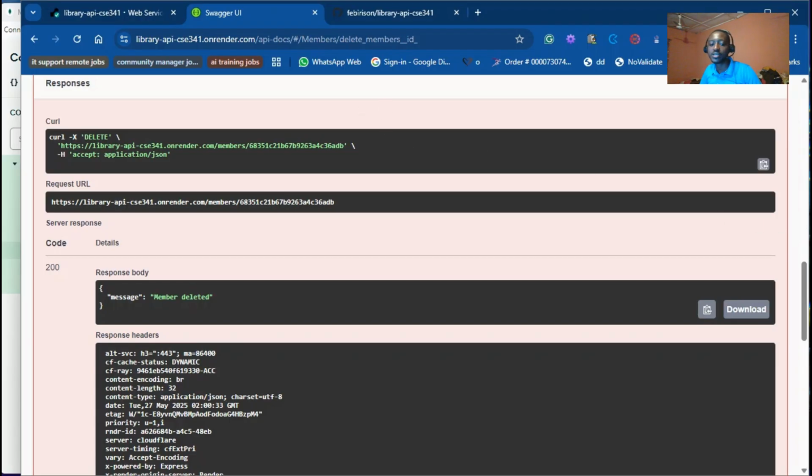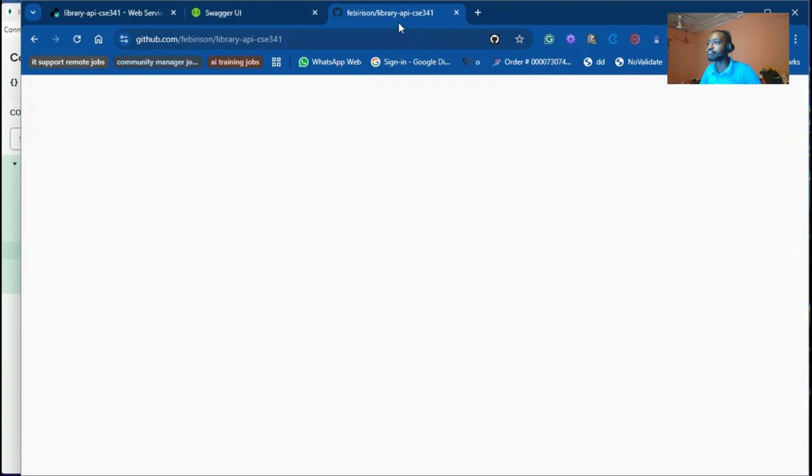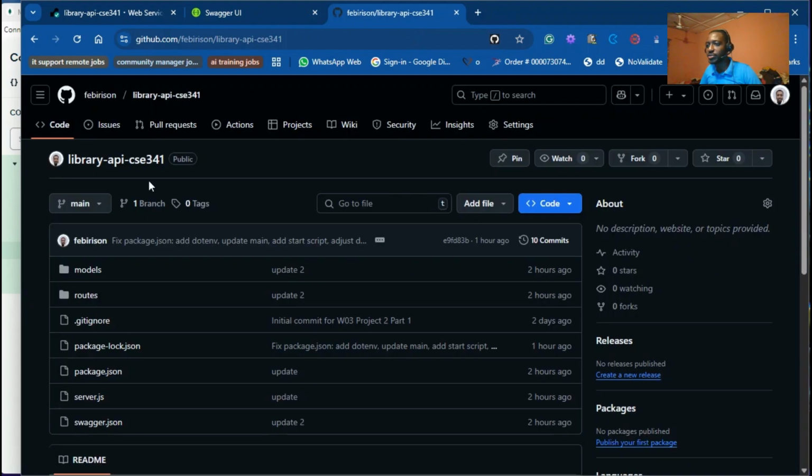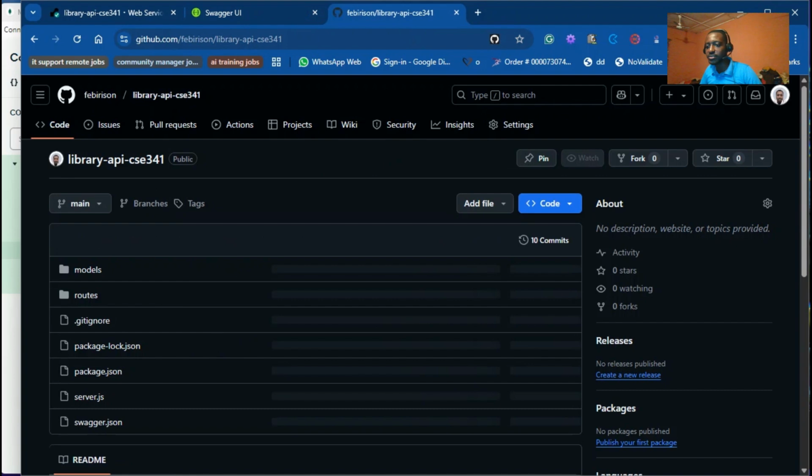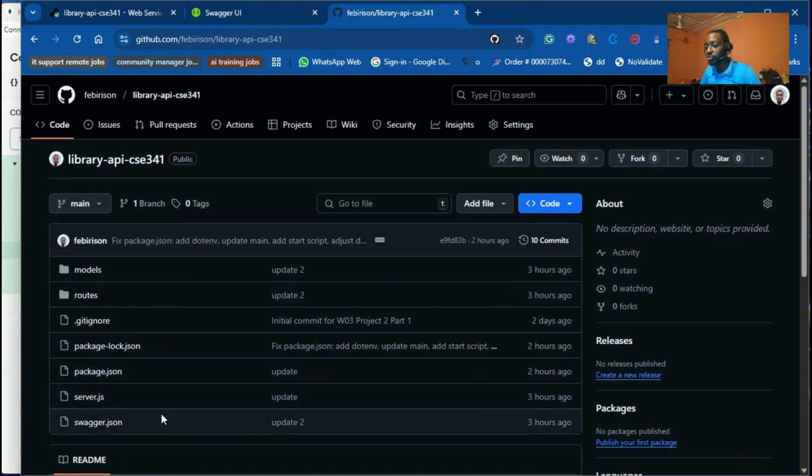Now let's check the GitHub. So this is the GitHub, and let me refresh it again. We can see that for security reasons there are no credentials showing here, no sensitive information showing here. The .env file is not showing here. This shows that